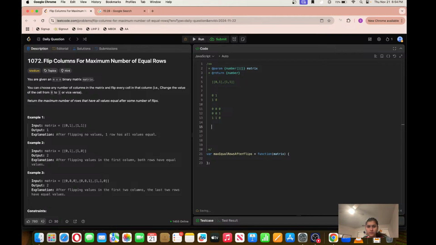What about this? So this row is already equal to 1, and this is 0 0 1 and this is 1 1 0. So since this is 0 0 1 and this is 1 1 0, I think these two rows can be equal, because